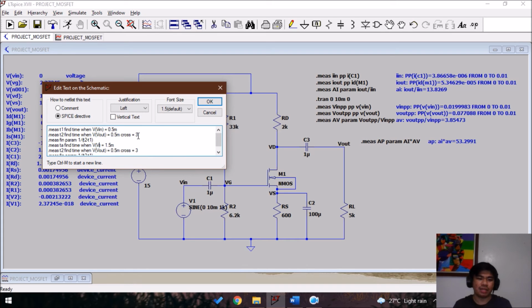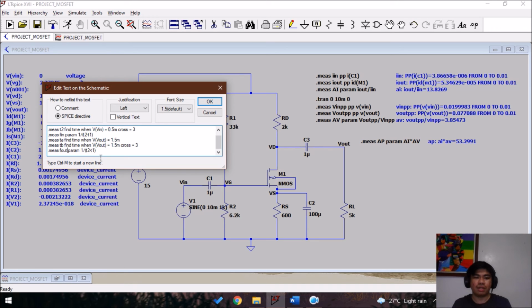Oops, I'm sorry. For correction, in T2 I will change in VIN, because this part is about the input frequency. So next is measure TB instead of T2. So V out 1.5 cross 3. Next I change here in frequency out, F out, which means the frequency output, param 1